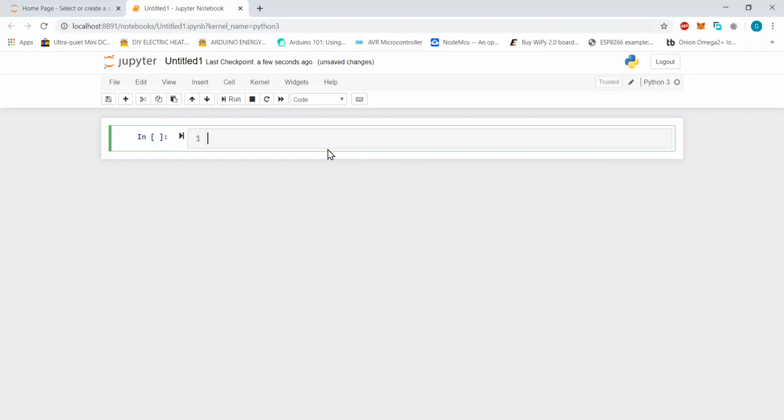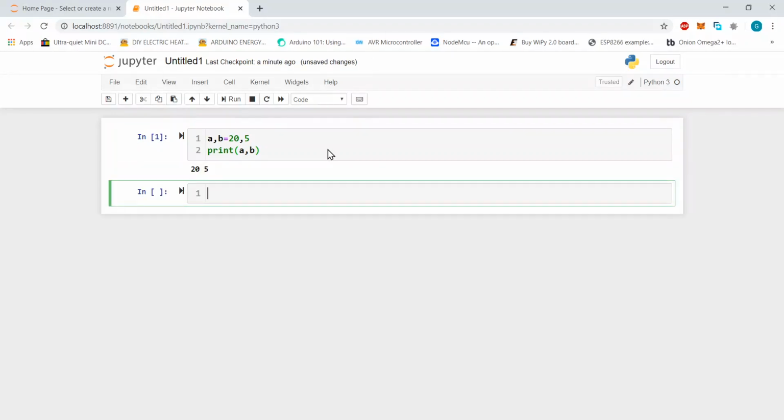Now let's start our discussion on how we can define an integer. As we know, Python has dynamic typing, so there is no need to specify any data type in advance. Let's take two variables, 20 and 5. Here 20 will be assigned to A and 5 will be assigned to B. For checking, let's print the value of A and B. So 20, 5. Let me show you something else. Let's say A1 and B1